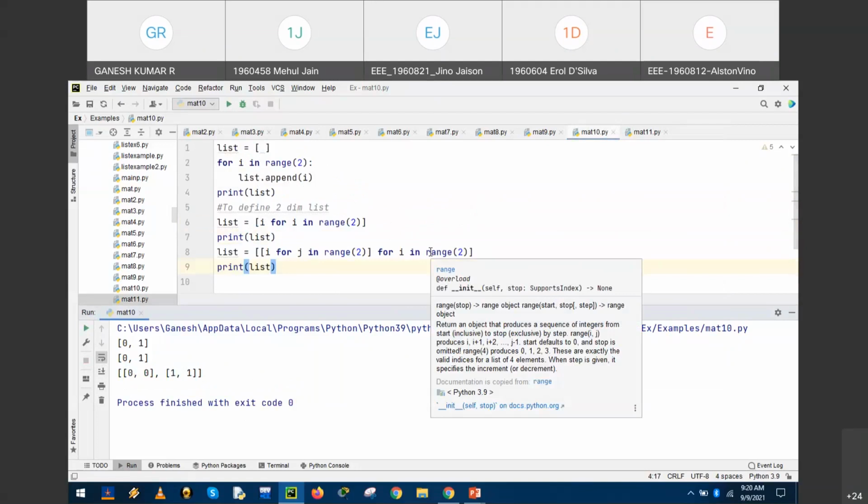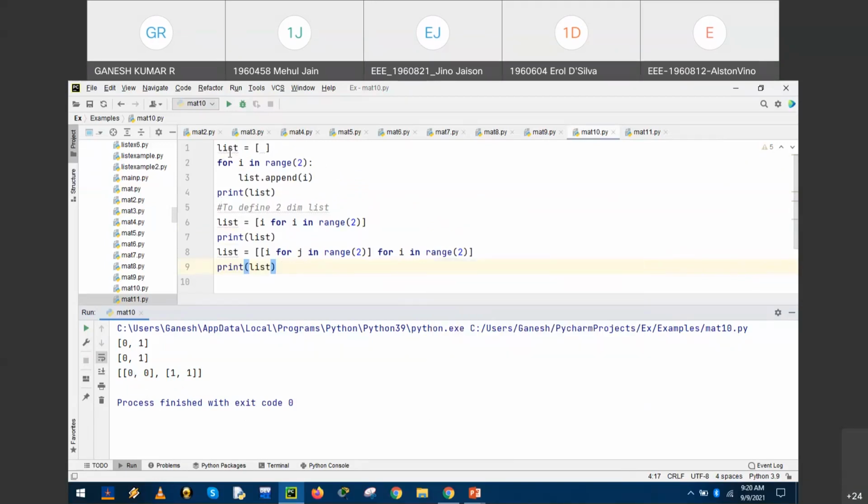A matrix, as you have stated in the definitions, is a representation of a two-dimensional array with the values displayed in the form of rows and columns. So it is nothing but the extension of a list. We had already seen defining the list. It's static. This list could be extended to represent one dimension for the matrix value.